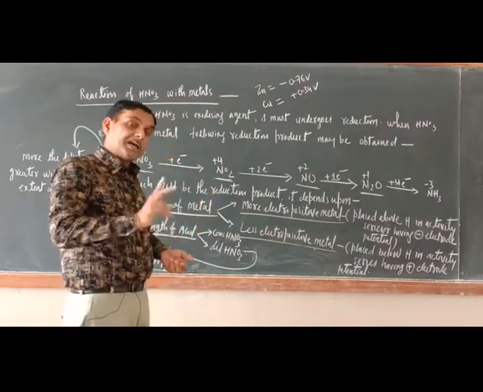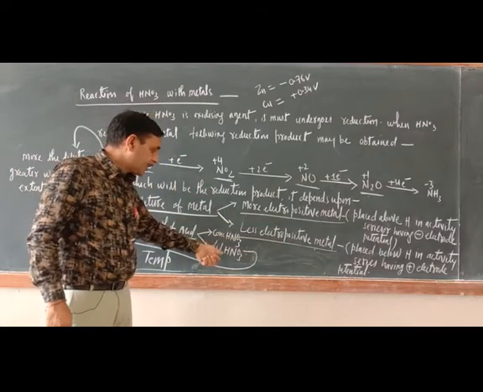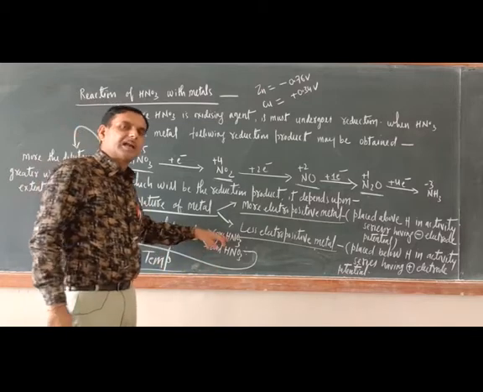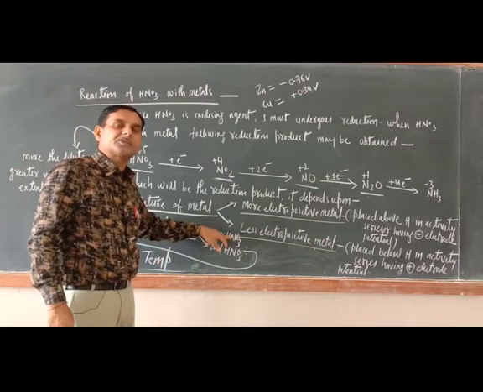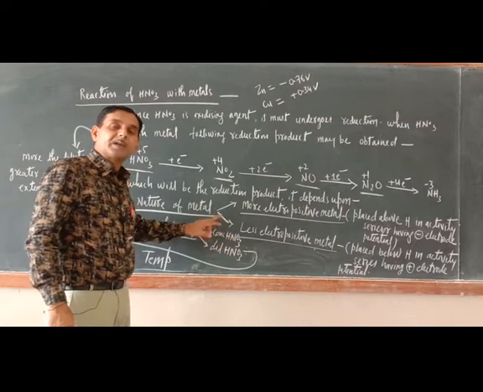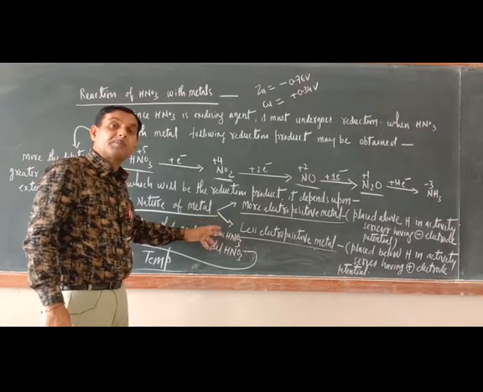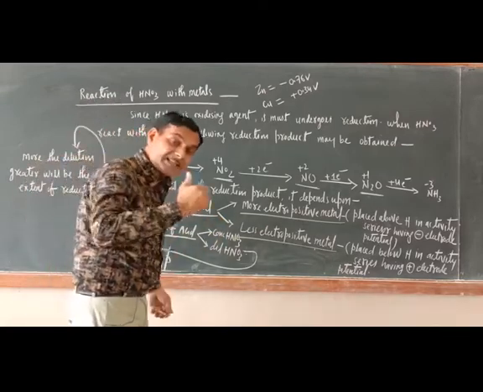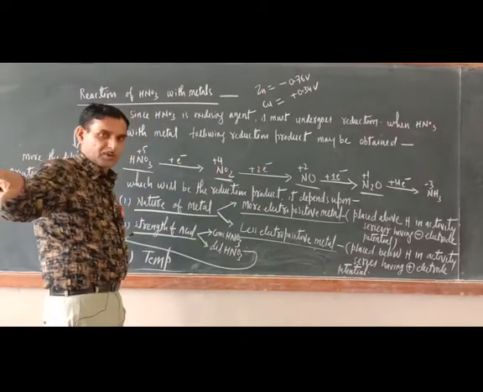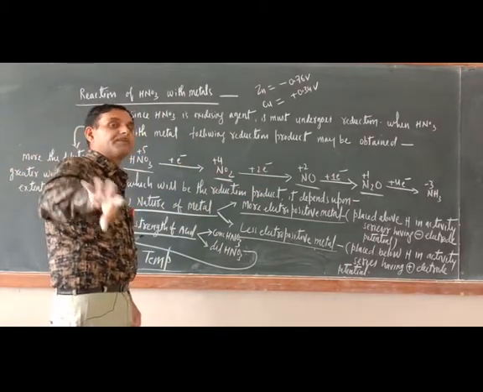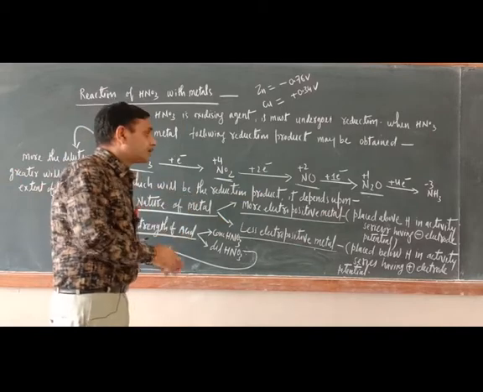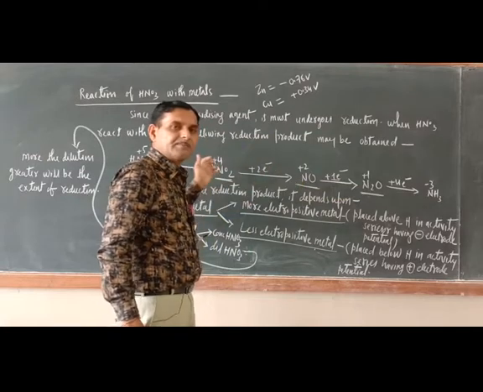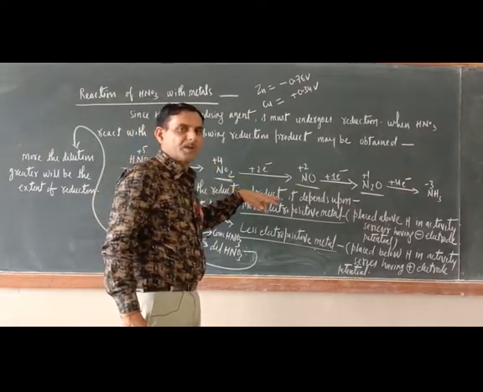And now their reaction with concentrate HNO3 and their reaction with dilute HNO3. In both cases, zinc will react with the dilute HNO3 and with the concentrate HNO3. Similarly, copper will react with the concentrate HNO3 and with the dilute HNO3. So what are the products? Just see, only the extent of reduction will be different. That is the only issue here. Sometimes this will be the product, sometimes that will be the product. Are you getting my point or not?